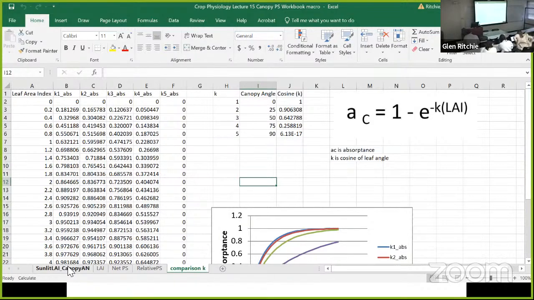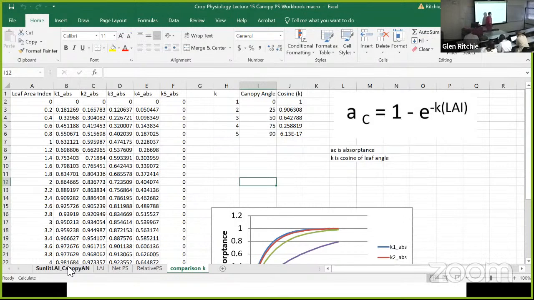Sir, I'm not clear about the leaf angle. In Nepal, I saw that most of the hybrid varieties are high yielding. The leaf angle is small, like a compact stature, but the yield is very high. But if we talk about the open pollinated variety, the leaf angle is high. But I could not get this. It means leaf angle is lower for the hybrid variety but yield is high, but for the open pollinated variety, leaf angle is high but the yield is low.